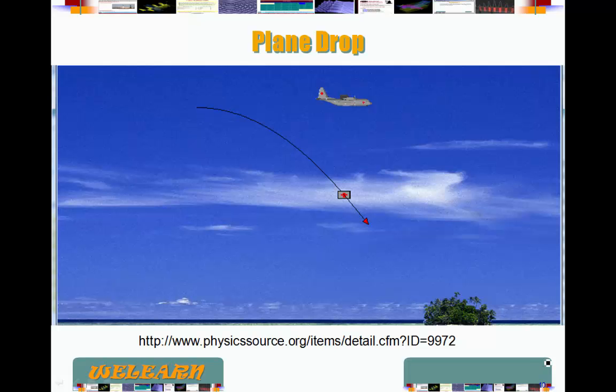Let's look at another example illustrating two-dimensional motion, or motion in two dimensions. In particular, where in one of the dimensions we have the gravitational pull, or the force due to gravity. Now, in this case, we are going to have an airplane moving at a constant velocity